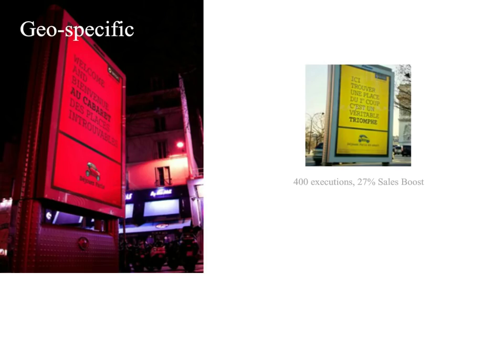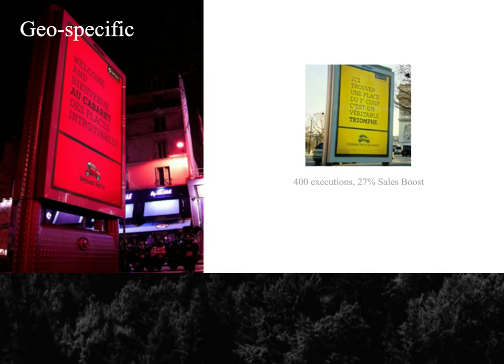This is an example of billboard advertising from Paris for Smart cars. Parking a car in Paris is difficult. Smart car, being a small car, picked up on that. But rather than just saying it's easier to park in Paris with our car, they produced a number of different billboards which related to the areas they were put up. So a joke about the Arc de Triomphe, or a joke about the Left Bank, or whatever it was. And so they did something like 400 executions through digital print, all of which related specifically to the site on which they were on. So again, this is a sense of not just doing the same answer everywhere.